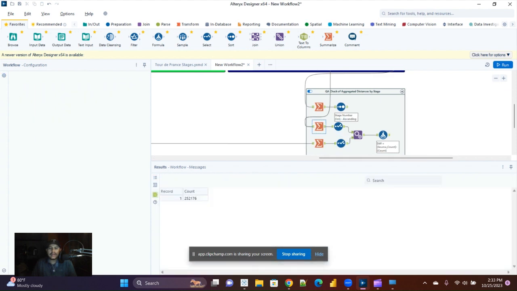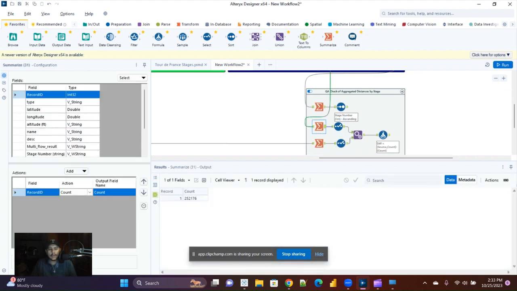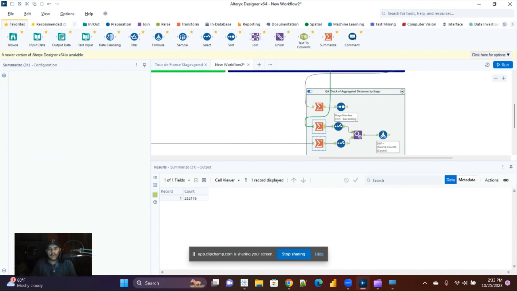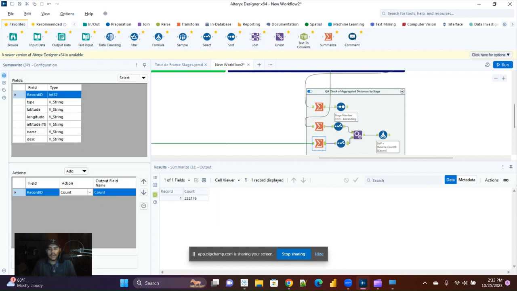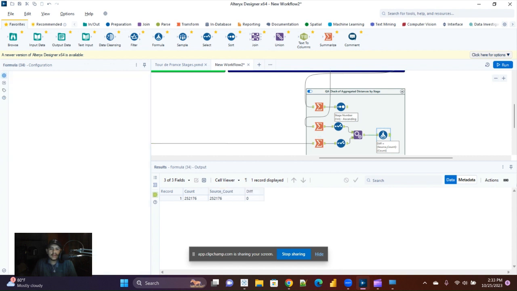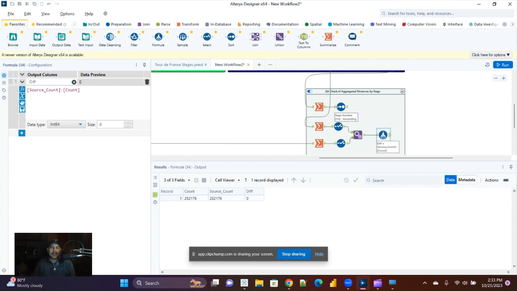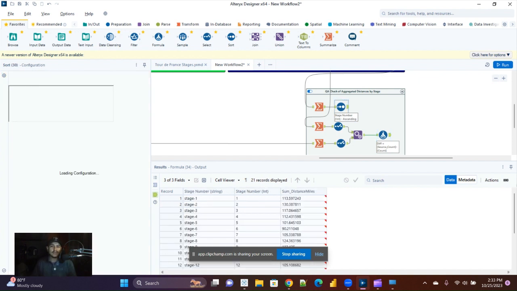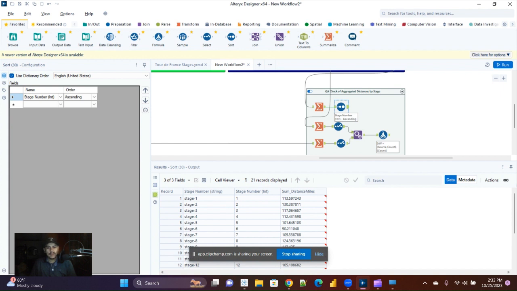So I came here and did another summary of the record count, a summary of the original record count. I basically appended them together and did a calculation to a diff to see if any of them are different, and I have a difference of 0. So pretty happy with what we got. The row count after the manipulation and the workflow doesn't change, and the distances calculated from the coordinates seem to check out as well. Okay,